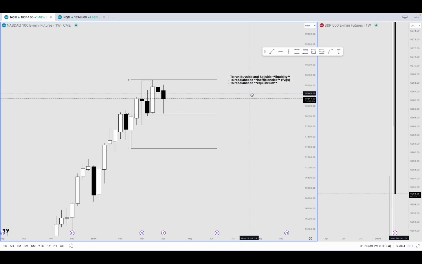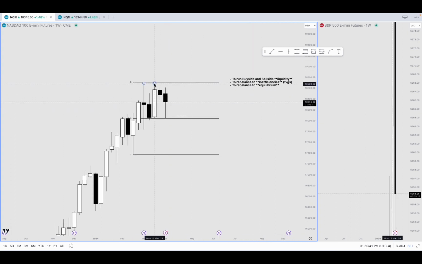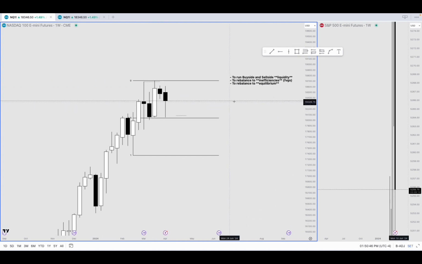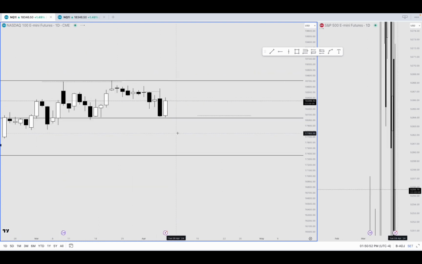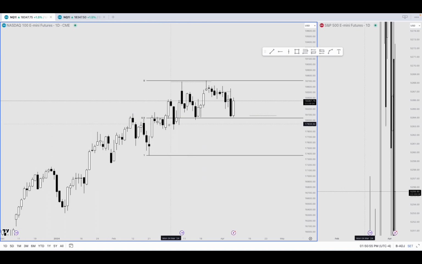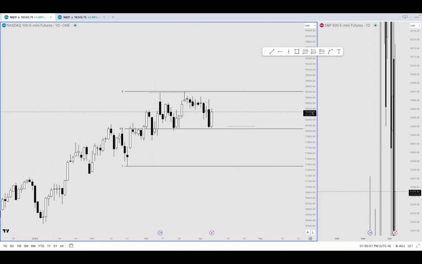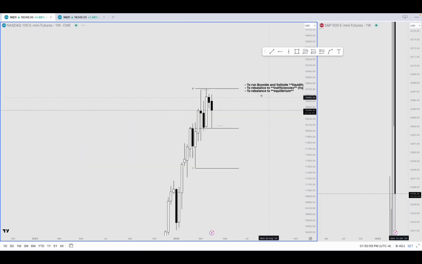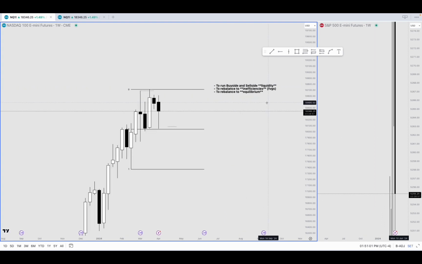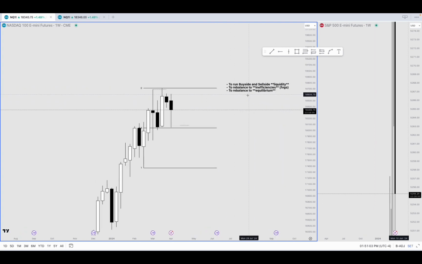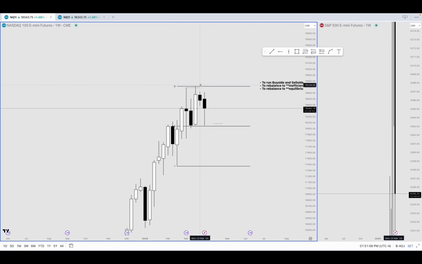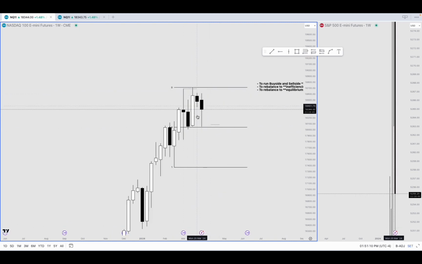So, firstly, did we take buy side, which, as you can see, we did here. We took this high, I think the all-time high, and then all the inefficiencies. We don't have any inefficiencies here, but on the daily, as you can see, we had this one here, that were both filled, I guess. So the first one's checked off, the second one's checked off, and then the last one is rebalance equilibrium. After we took this high, we didn't come down to this equilibrium, so I was looking for price to come down here.